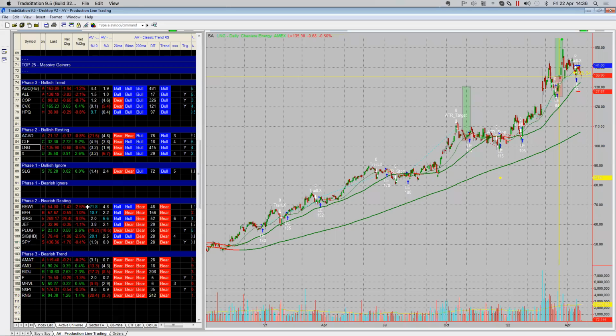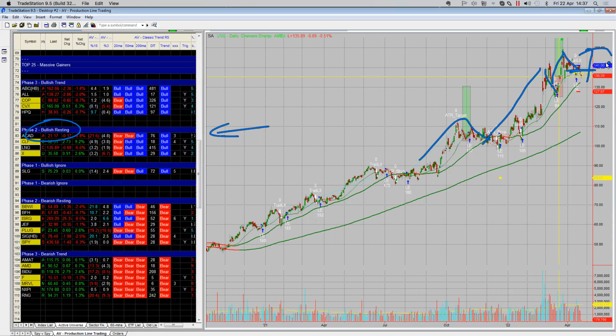It's dipping in the context of an uptrend. That's what this traffic light system on the left tells me: bullish resting. But again, you've got the rally retracements. You've got another rally, another small retracement. So just waiting for it to turn back around. I don't know which ones are going to work any more than anyone else. I'm not going to blow wind in anyone's sail.